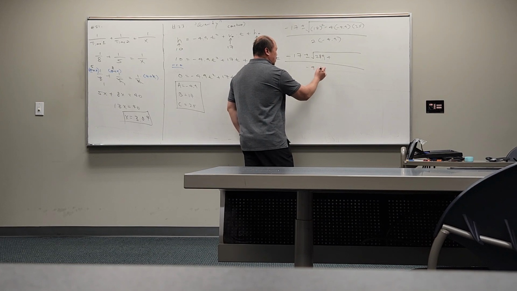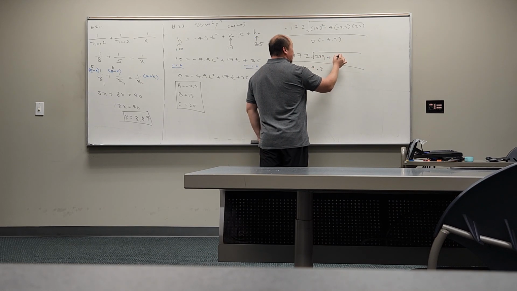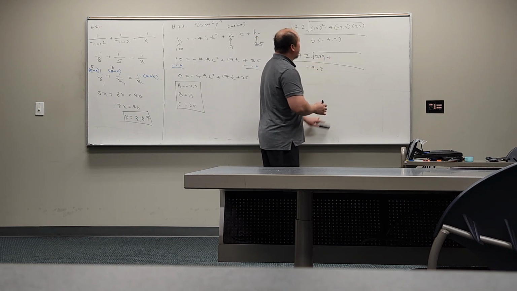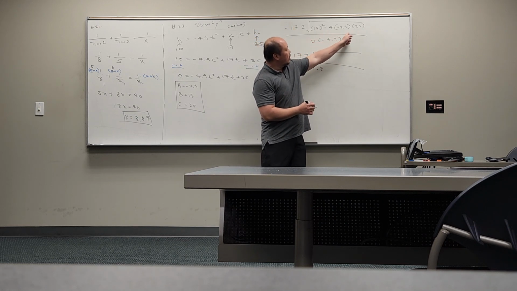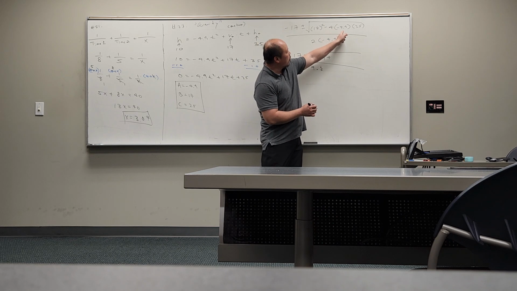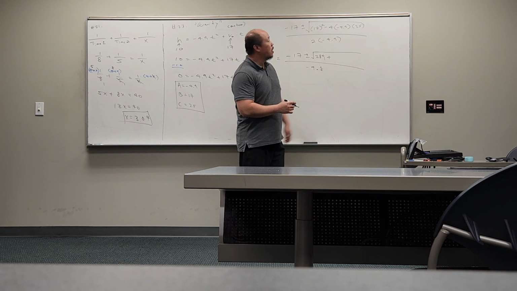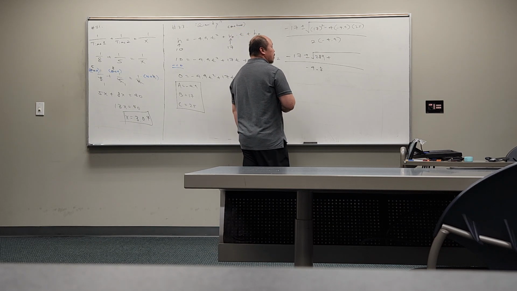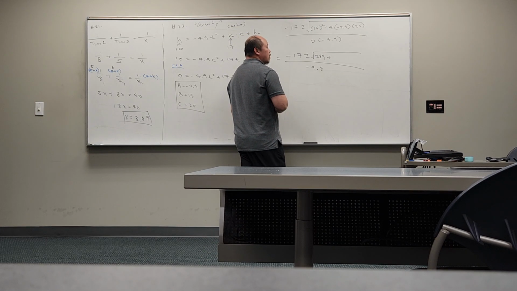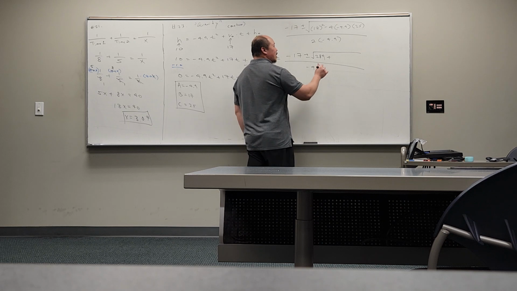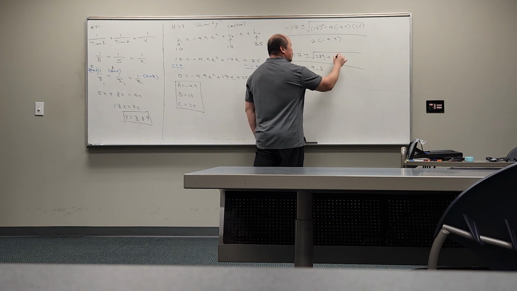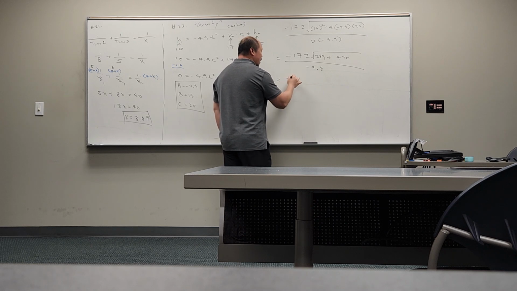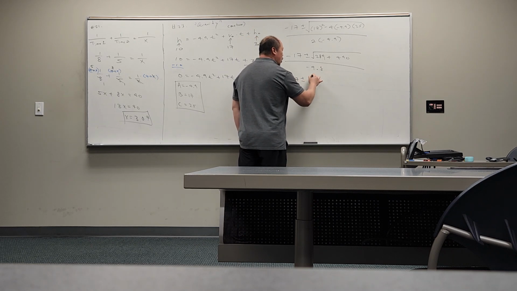So 4 times 4.9 times 25. 4 times 4.9 is 19.6. And then times 25 is 490. Very nice. So then this will be negative 17 plus or minus